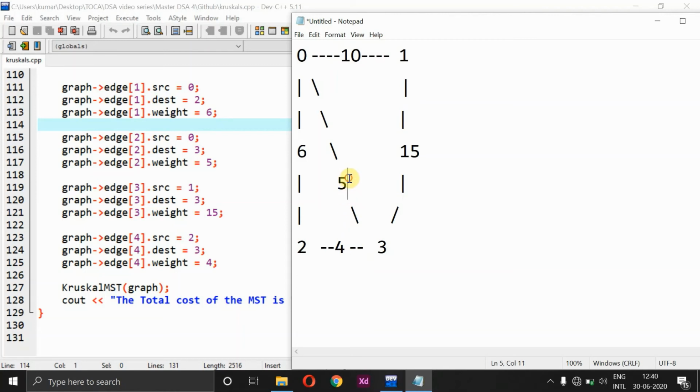After 4 the minimum weight is 5, and after 5 the minimum weight is going to be 6. It means that I just need only 3 edges to be utilized here, and also I need to be very careful in not forming a cycle. But the problem here is if I consider 4, 5 and 6, right? So if I consider the very first three values, it means that it forms a cycle. Also, it is not visiting all the nodes in the graph.